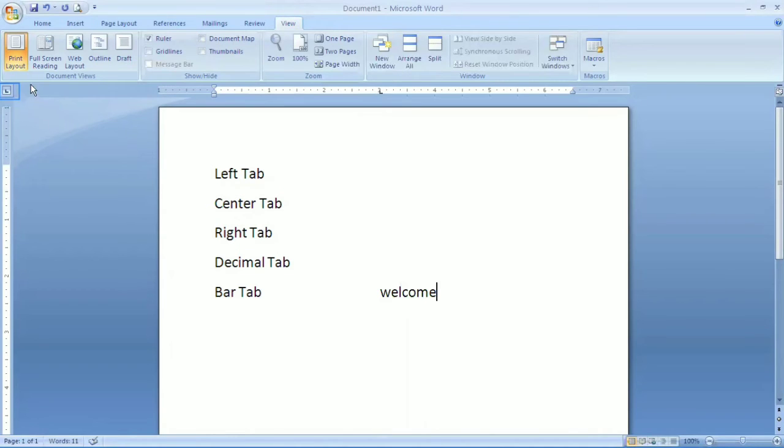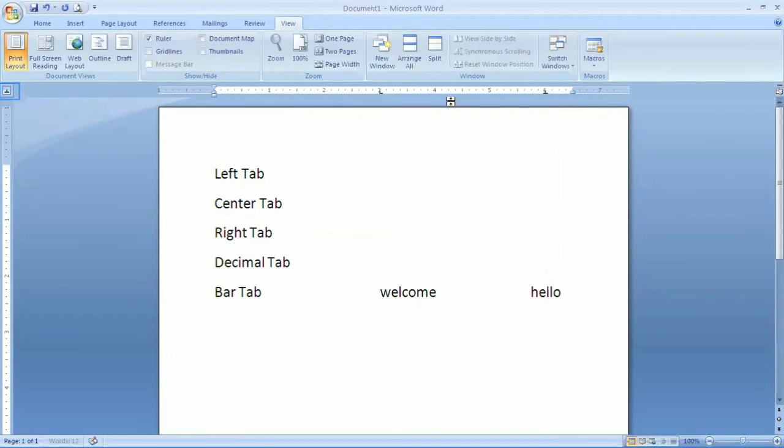If I am providing the center tab, then it will display at the center. Again, I am clicking over here. See, now some text is at the left of this tab stop and some text at the right. It means our tab stop is at the center. Clear?